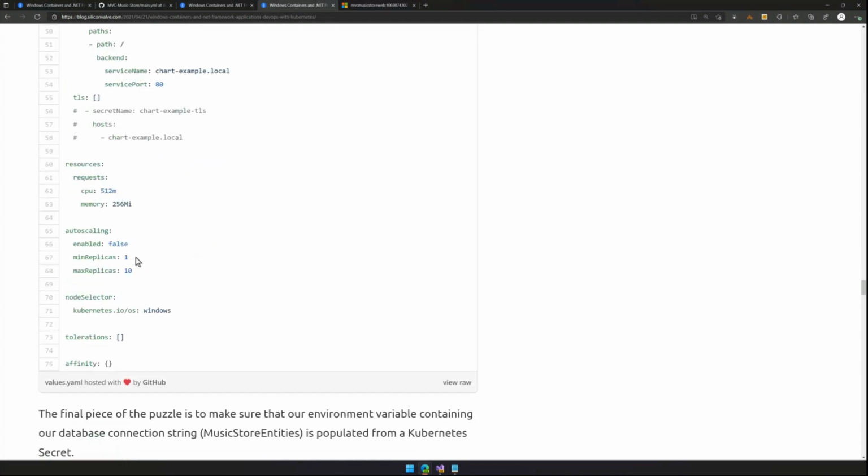I'm going to define some auto scaling and resource requirements for the individual container hosts. And what that means by defining the resources is I tell Kubernetes how to schedule the container. So it will look for nodes with capability to meet those resource requests so that you don't end up with nodes being overloaded with too much work.